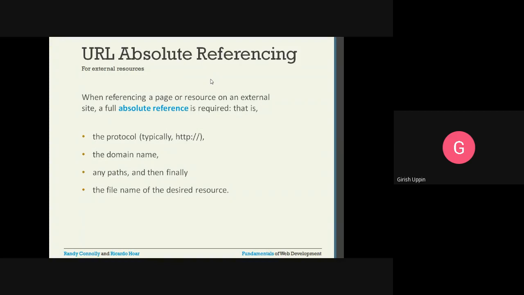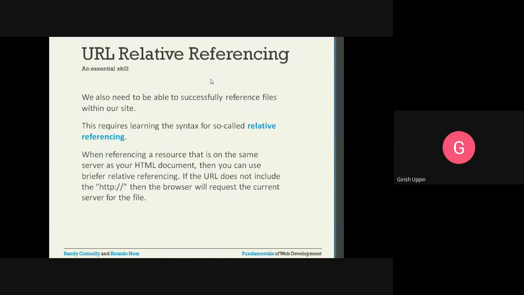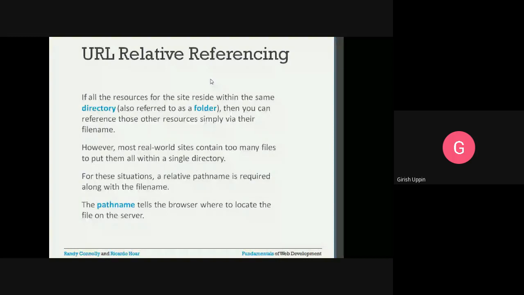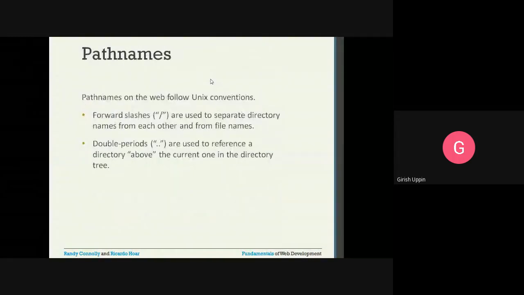Or you can use relative referencing. Relative referencing is useful whenever you are referencing the resources within our own domain or own application. So we will see some examples of relative referencing. If you want to access any folder which is under the current folder, we will use the /. If we want to access any folder which is at the parent level, that is above the current folder, we will use the .. This is the example we saw yesterday.